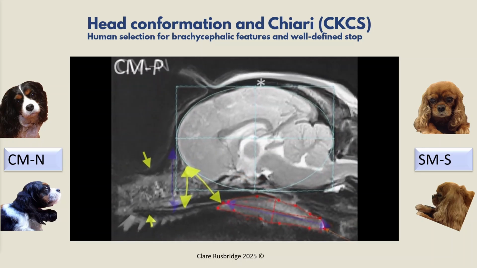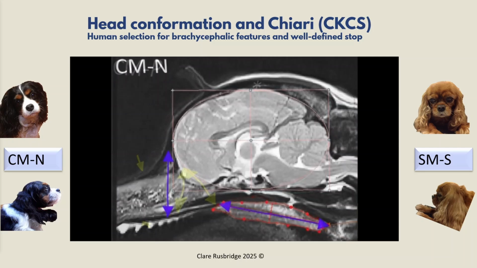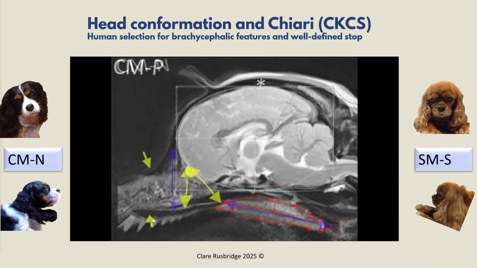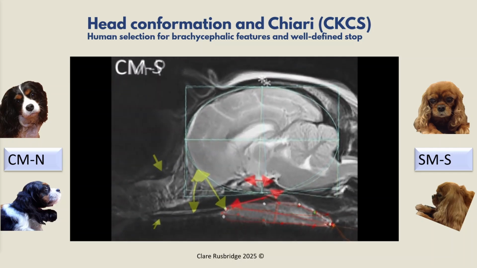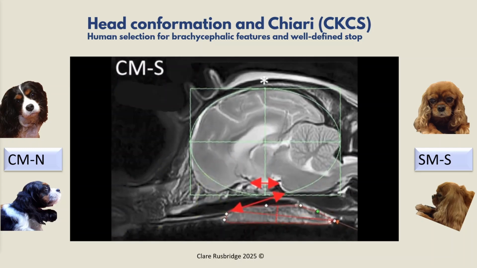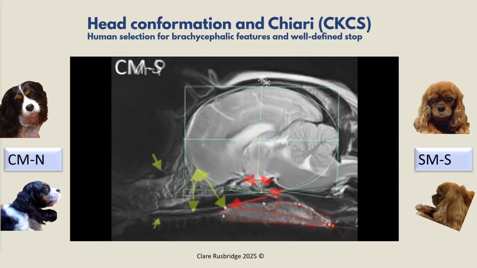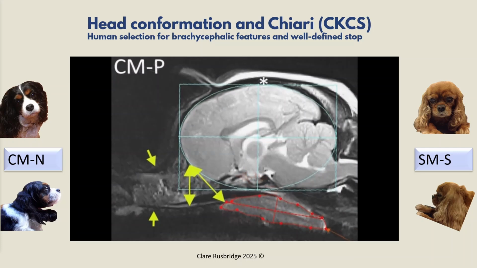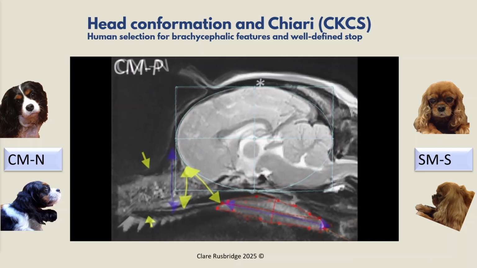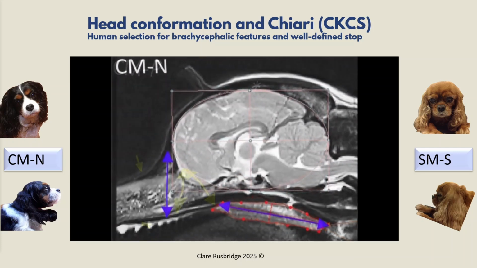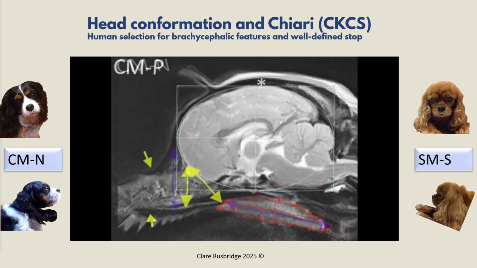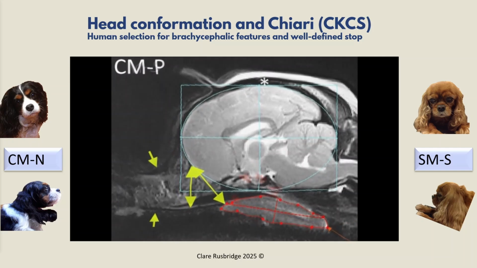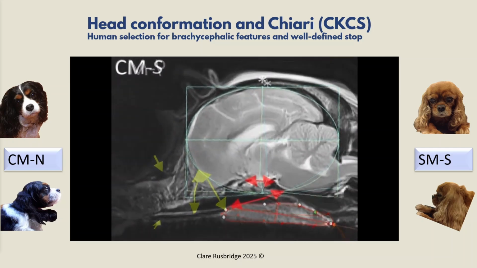And you can see the video of the brains morphing between the two, starting with normal. And you can see that there is progressive shortening of the nasal tissue, pushing back of the brain. This is a dog with Chiari pain, and then ultimately a dog with Chiari pain and Syringomyelia. And I'd like you to observe how the whole conformation of the brain changes. And I imagine it as being like an accordion which is being squeezed together or expanded in the case of